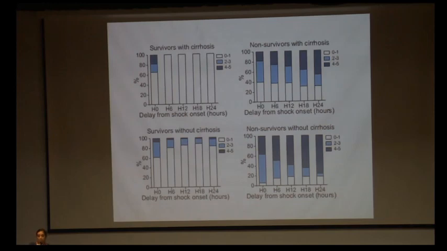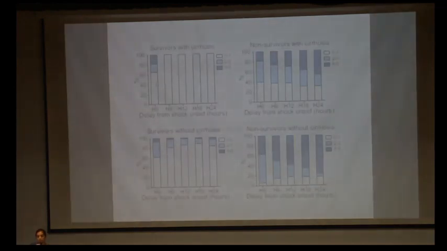where patients, survivors and non-survivors with cirrhosis are shown. If we compare these two, there are 3 colors over here. The white color is a mottling score of 0 to 1. The light blue is a mottling score of 2 to 3, and the dark blue is a mottling score of 4 to 5. The bars indicate the proportion of patients, and the x-axis indicates the hours from the onset